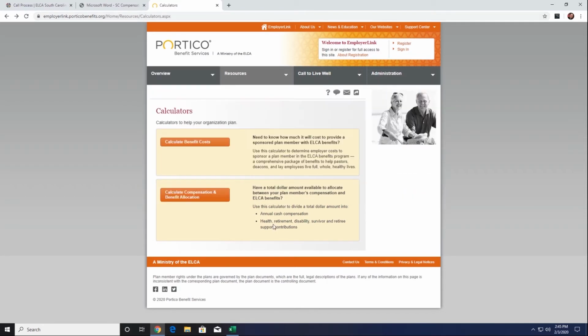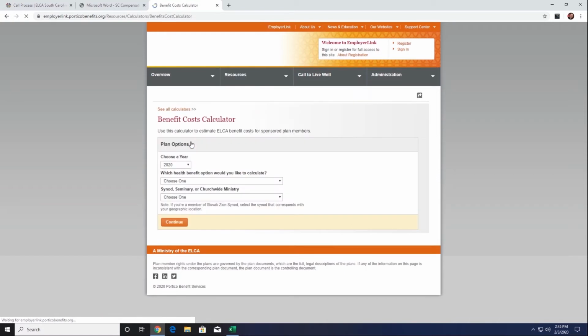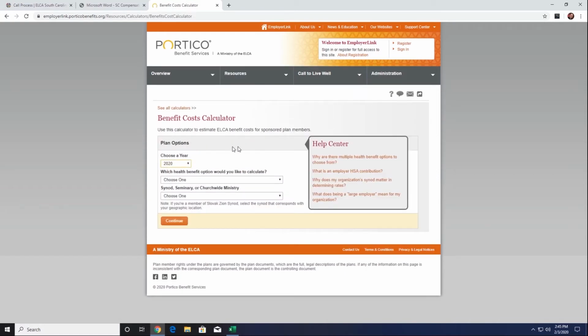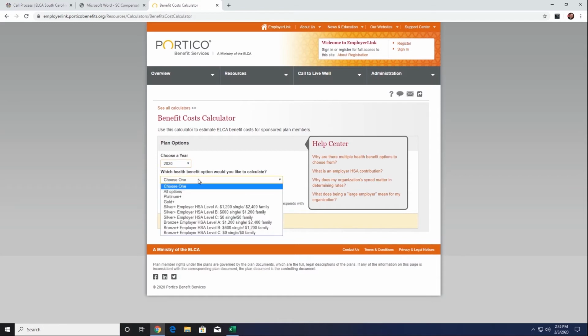It is our Portico Benefits calculator. So what we want to do is we want to go to the top, calculate benefits cost. And we're going to click here. And at that point, we're going to start filling out these different parts. So choose a year. We're going to choose 2020. Which health benefit option would you like to calculate?